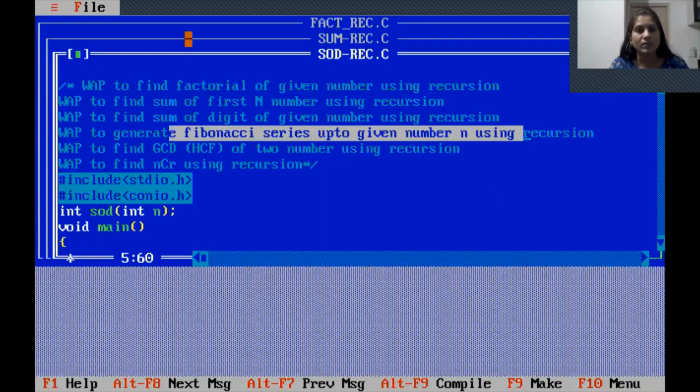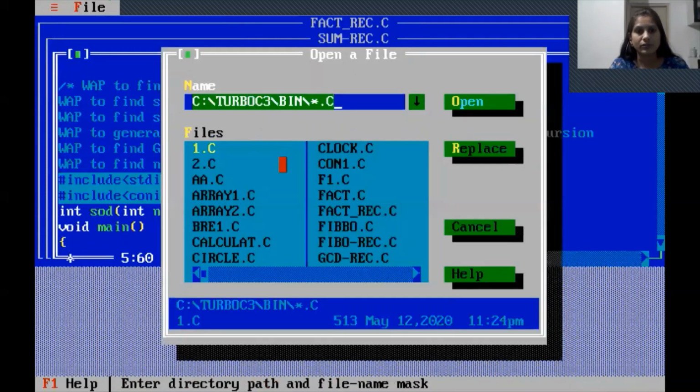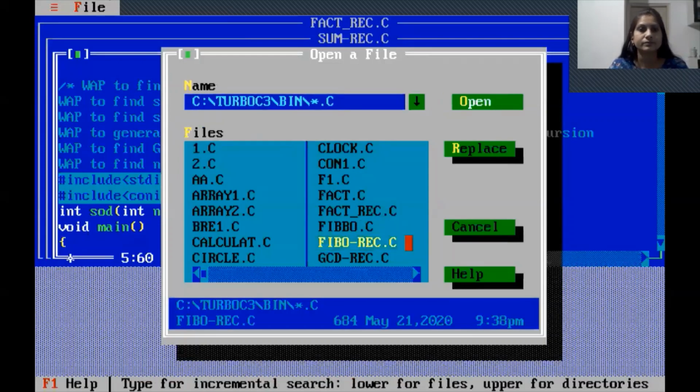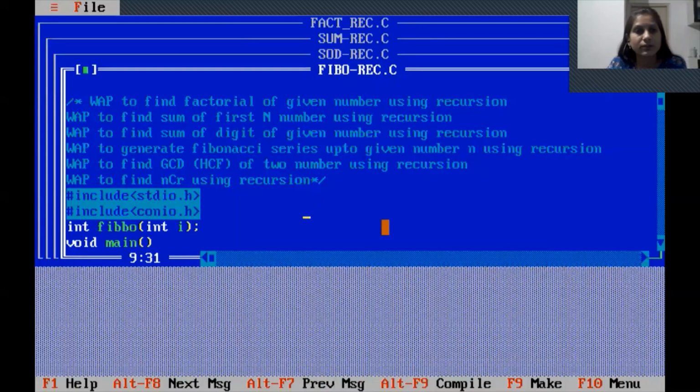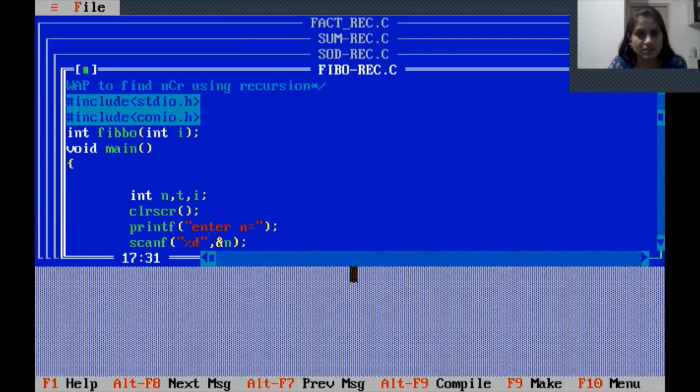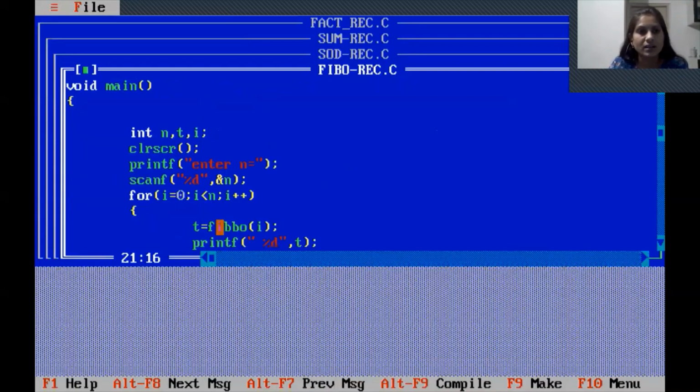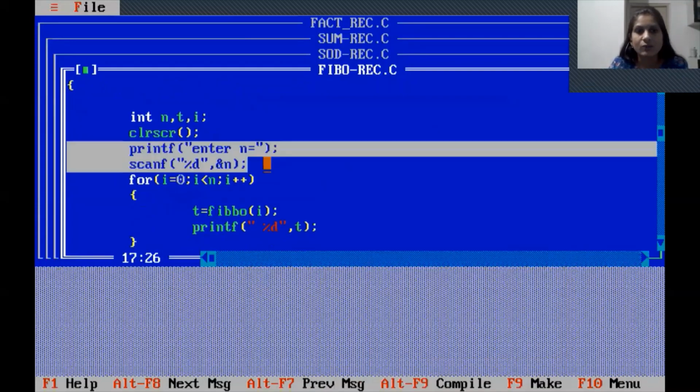The same program we are opening here for the Fibonacci series. If you remember, the Fibonacci series always starts with 0. So here we change the name, that is Fibo, which returns an integer value, 0, 1, 2 and so on. In the logic, suppose n is 5, then 5 terms will be printed for the Fibonacci series.